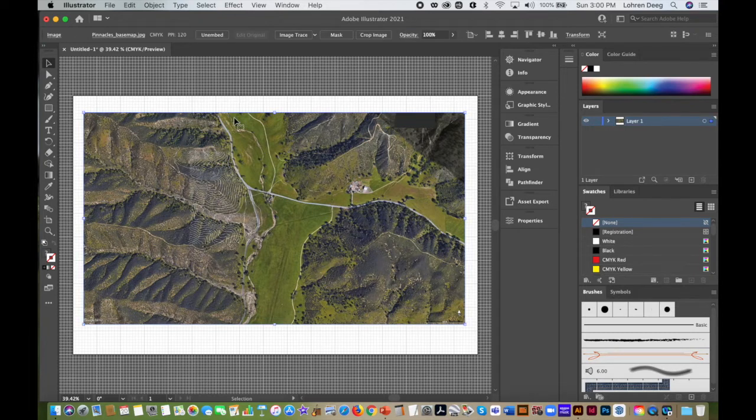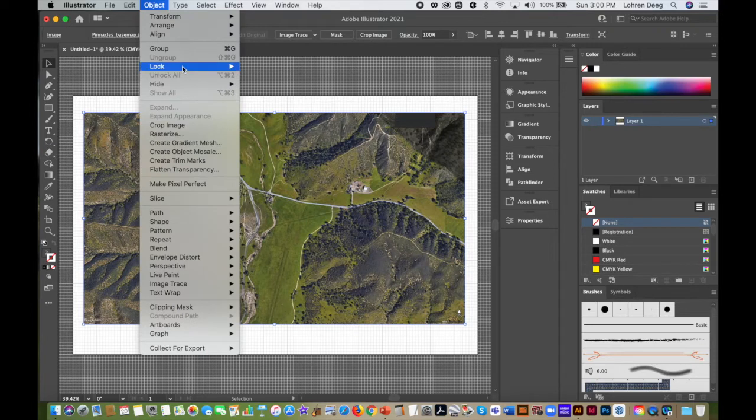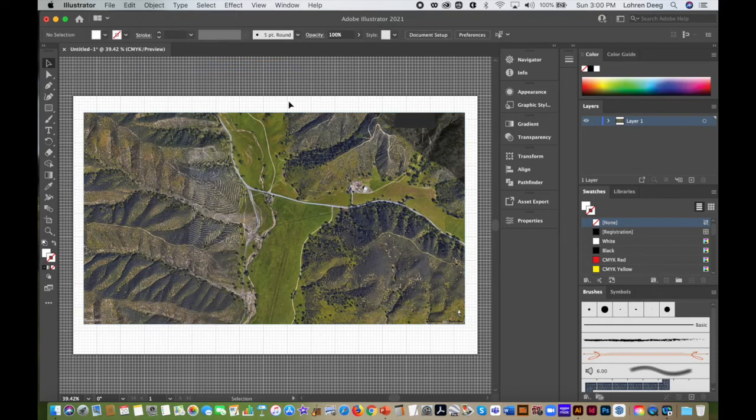Immediately, I will click on the image and then go to Object and then Lock Selection, and that will lock it down. This way, if I click on it with something, that background image won't move around on me, and that can be quite annoying if you don't lock the background image. I'll call this the base map, or the background base map, something like that,